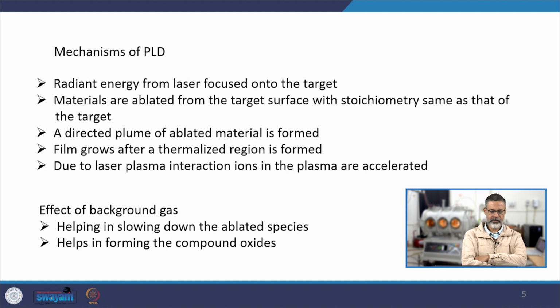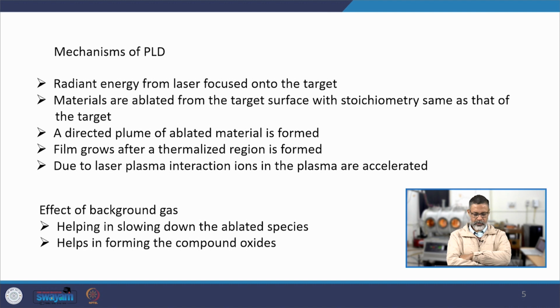In that case, controlling the oxygen pressure is very important, and so is heating the substrate, because when these atoms recombine on the substrate, a diffusion process takes place, and to further promote diffusion, sometimes one has to heat the substrate, which helps in growing